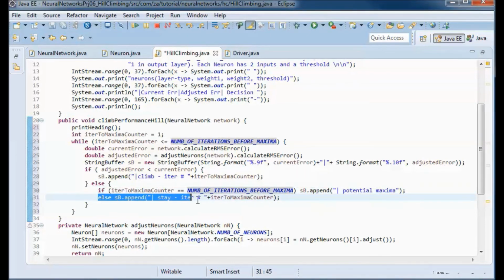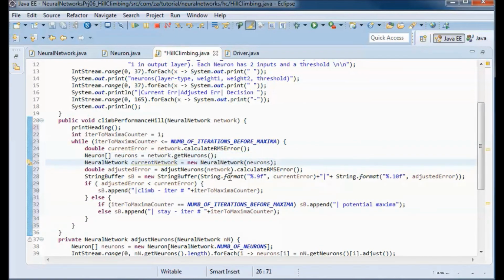Otherwise, we hold on climbing the performance hill. And beneath the current error here, I need to pick up the neurons from the passed-in network, and I need to keep track of the current network.